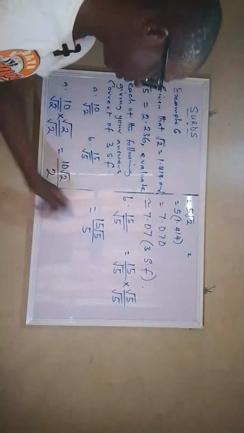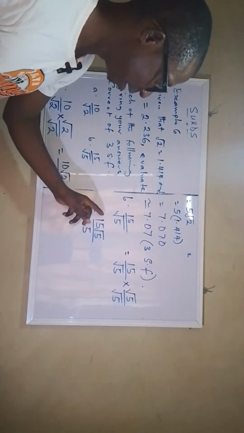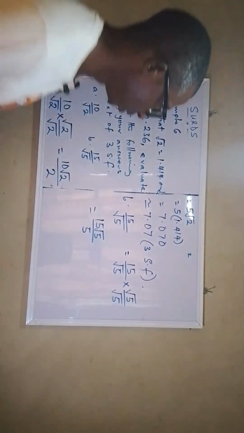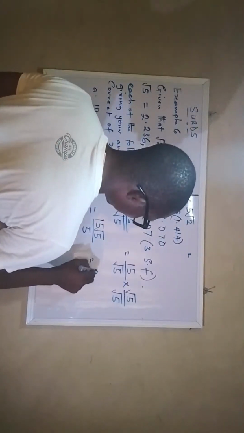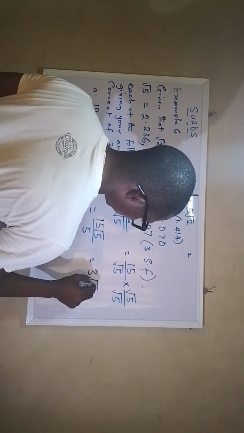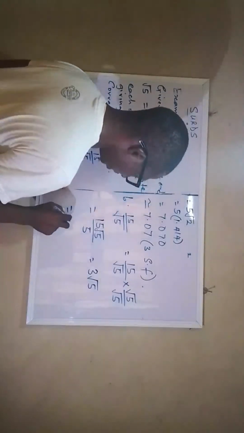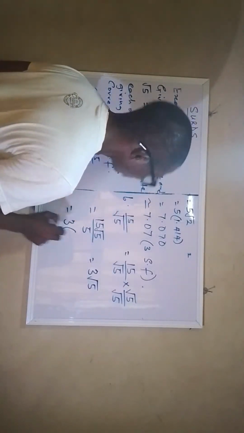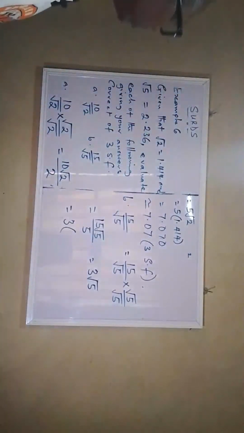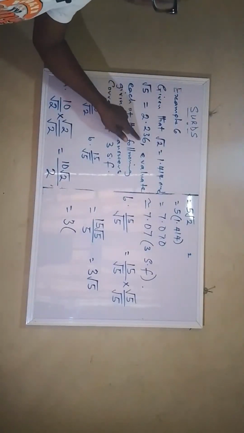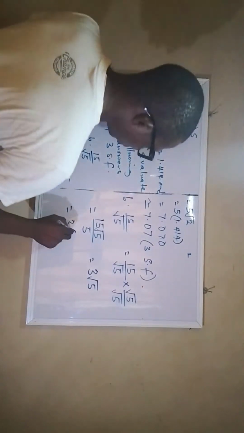Okay, so now 5 goes here, 1, 5 goes here, what? 3. So we have 3 square root of 5. So the answer will now be 3 times, what is square root of 5? Square root of 5 has been given in the question. That's